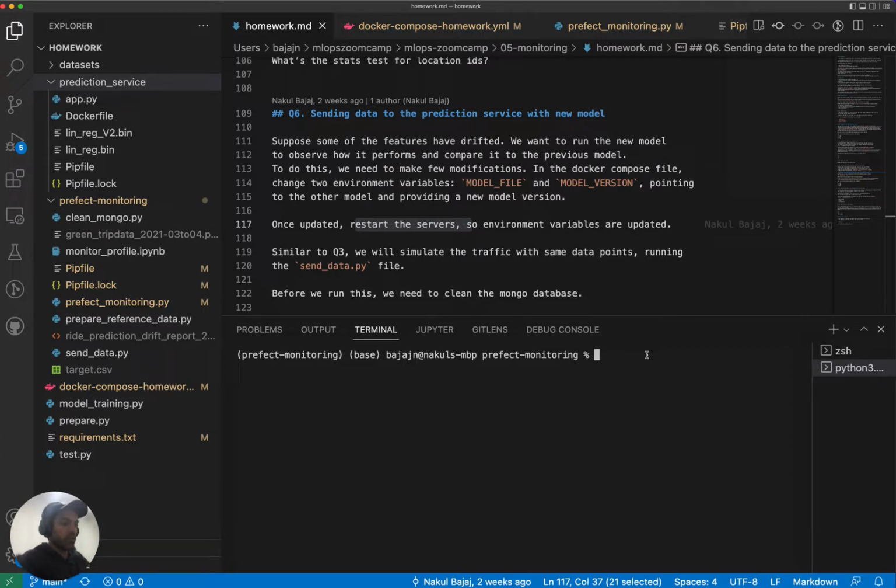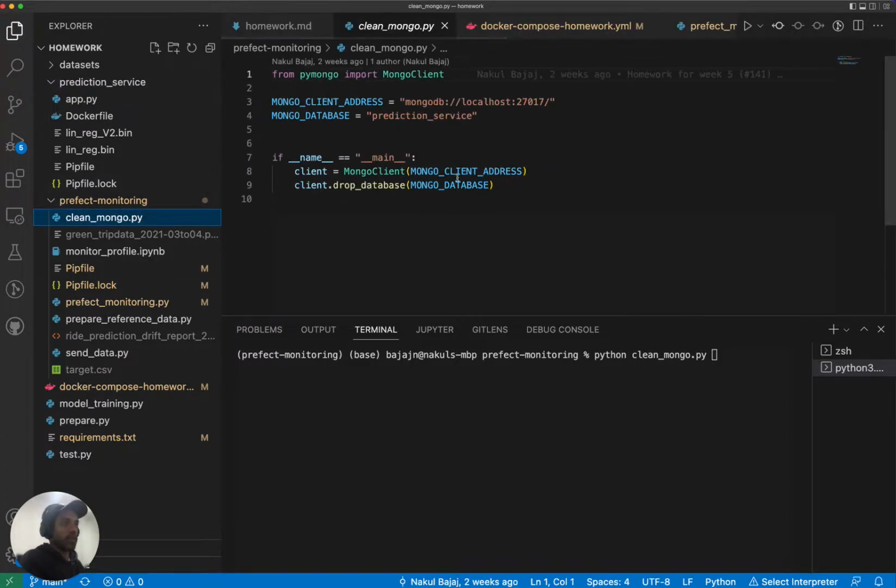Hence, I prefer to clean the Mongo service. We can do that by running python clean_mongo. This file just cleans the database. So now that's done,